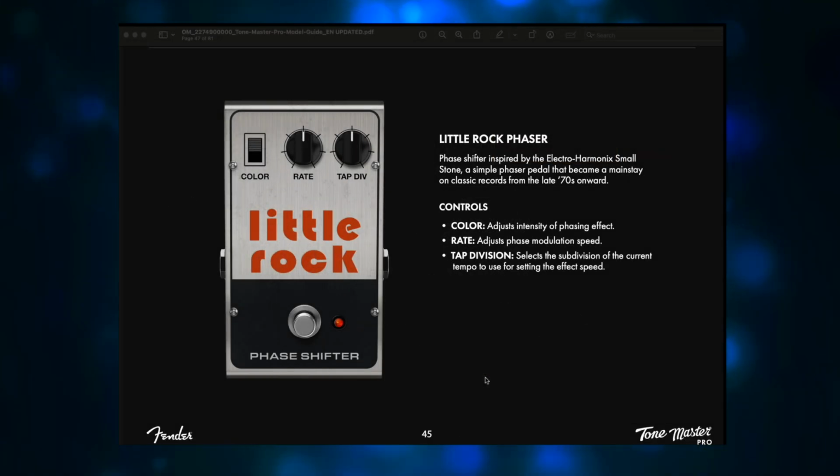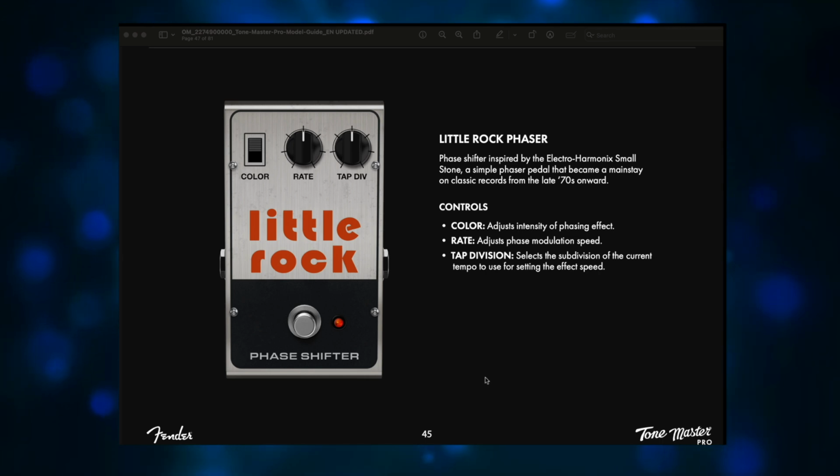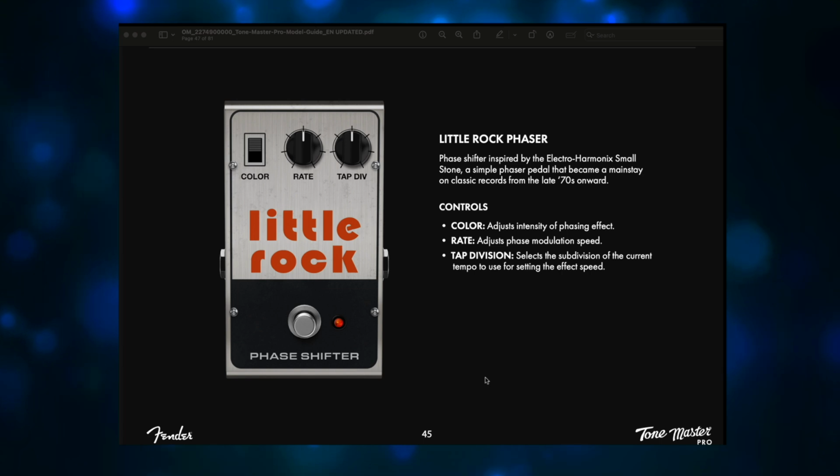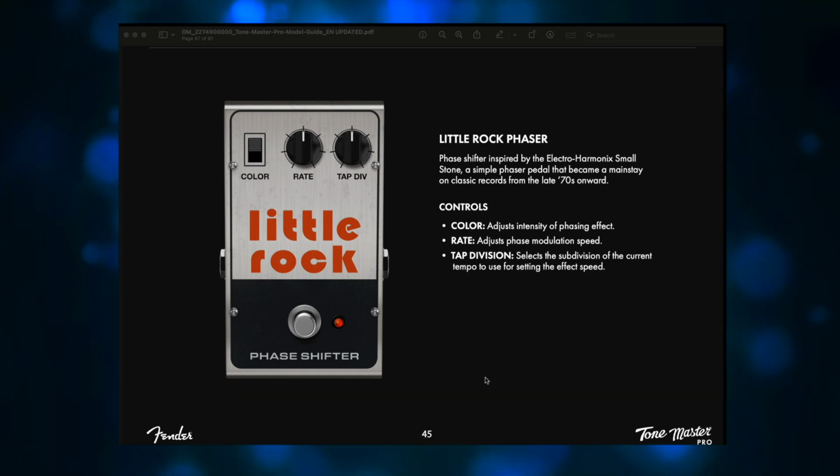Little Rock Phaser. Phase shifter inspired by the Electro Harmonix Small Stone, a simple phaser pedal that became a mainstay on classic records from the late 1970s onward. Back in the 70s, the phaser to rule them all was the MXR Phase 90, due to its use by Eddie Van Halen. However, the popularity of that pedal encouraged companies such as Boss and Electro Harmonix to create their